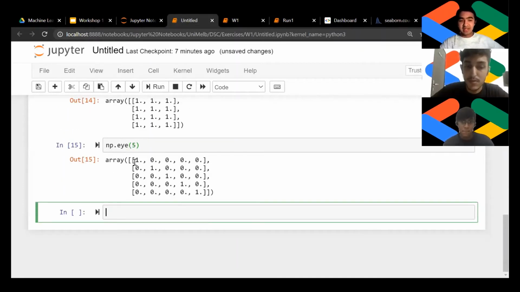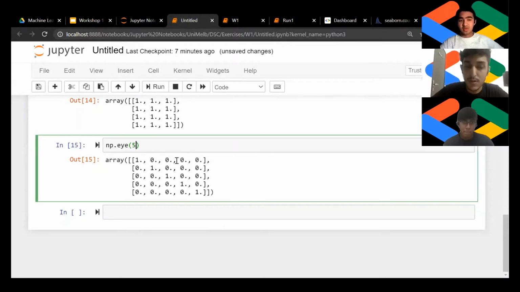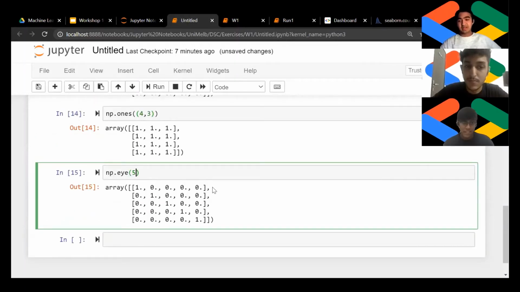And then you have your identity matrix, and there's always one argument for the identity matrix, because it's always a square matrix, right? After that, we have